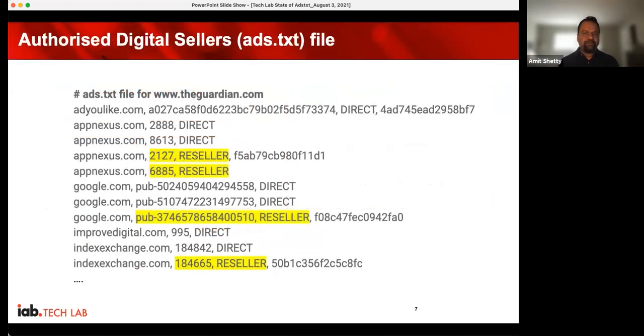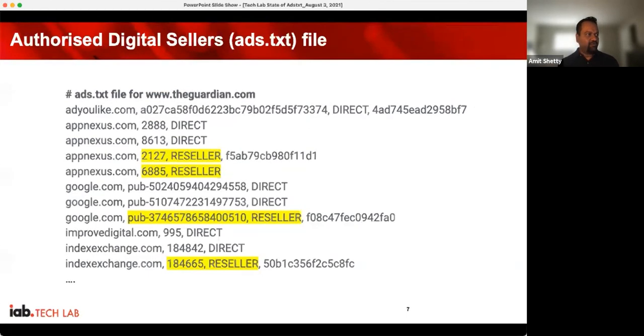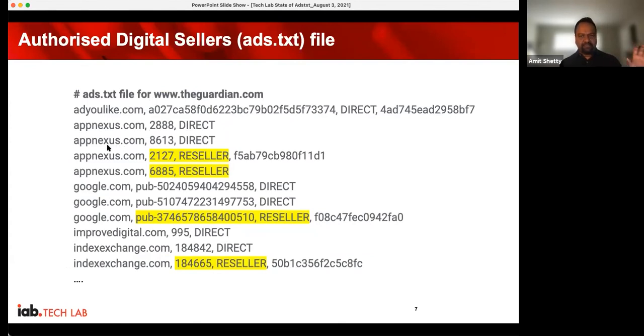Getting a little deeper into Ads.txt, this is what a typical Ads.txt file looks like. The publisher basically defines the set of entities that they are doing business with, and the kind of relationships that they have with those entities. So as you can see, it lists out the entity name, the seat ID that's involved, and the relationship,